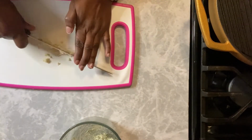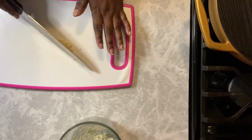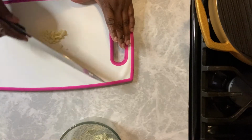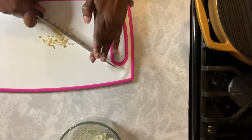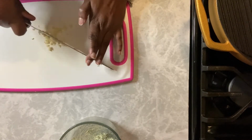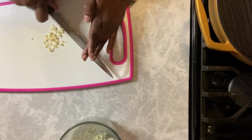So you want this to be as fine as you can get it. If you want to put it into a food processor or a blender, but it's such a small amount, and that's why I didn't want to do that, because I don't want to get it caught in the bottom under the blades, if you know what I'm saying. So I'd rather at this point take the knife